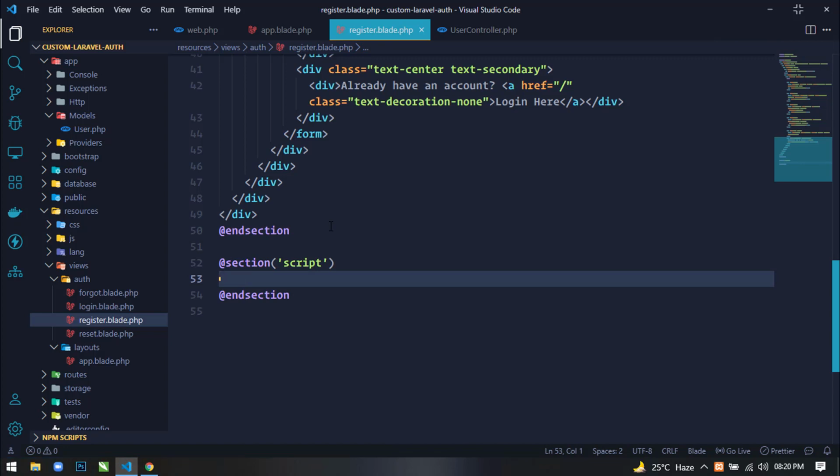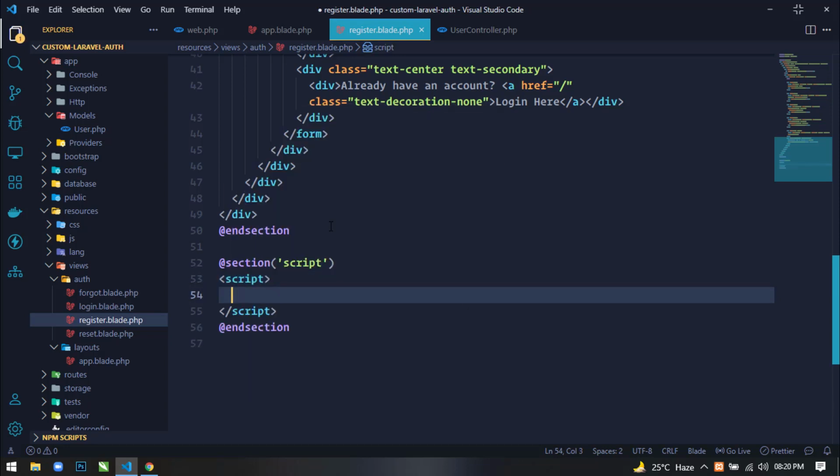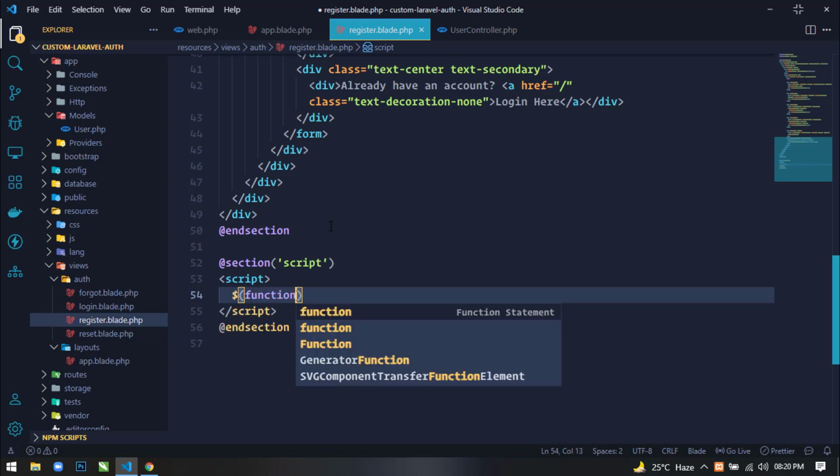So here I will use a script tag. Now inside this script tag, first I will use the jQuery ready function.